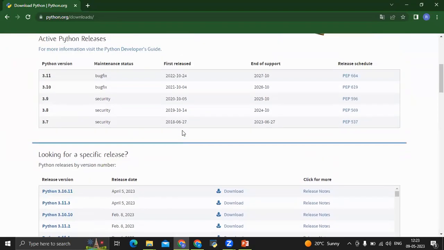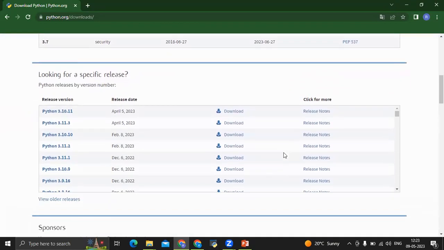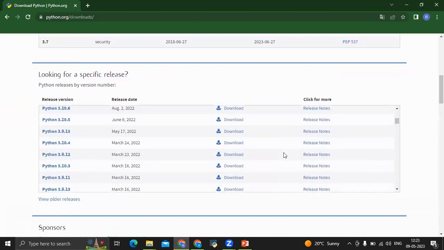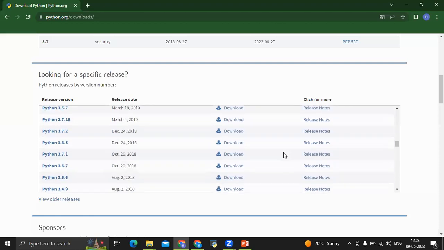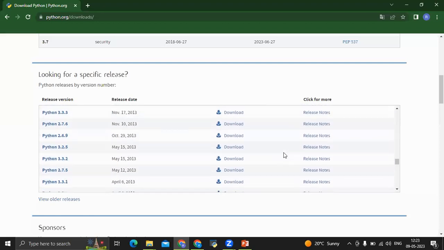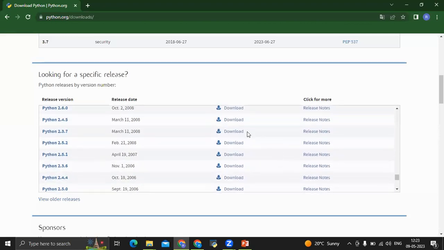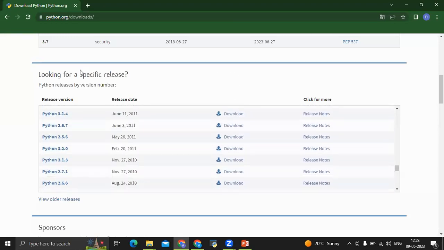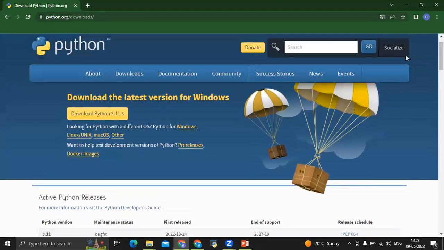So we'll be able to download whatever we want from here. But we need to download the latest version right now. So what we need to do is come here and download Python